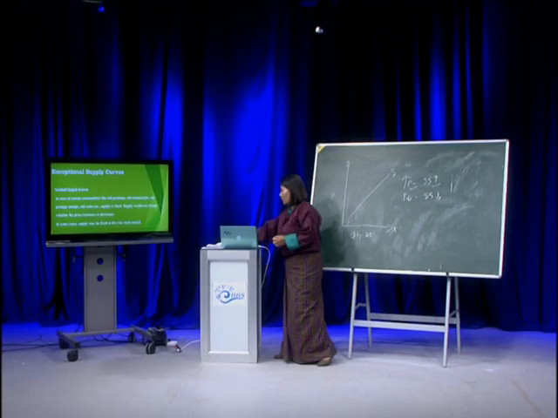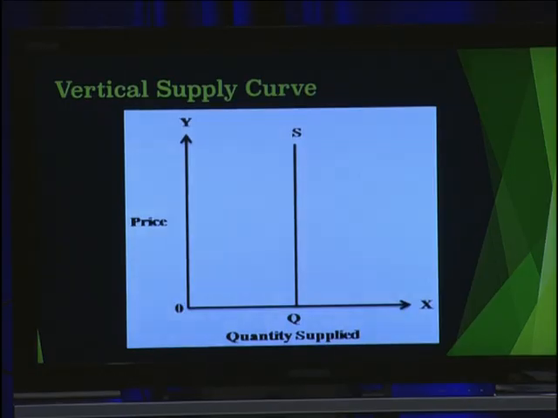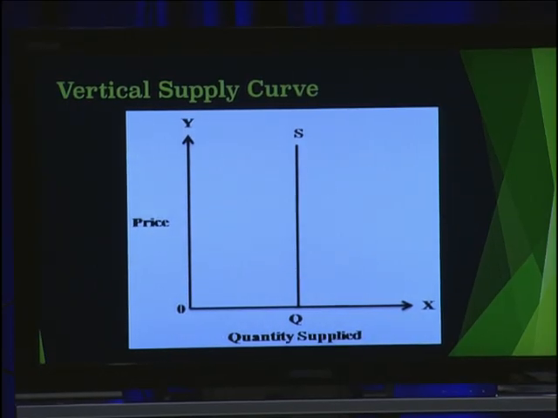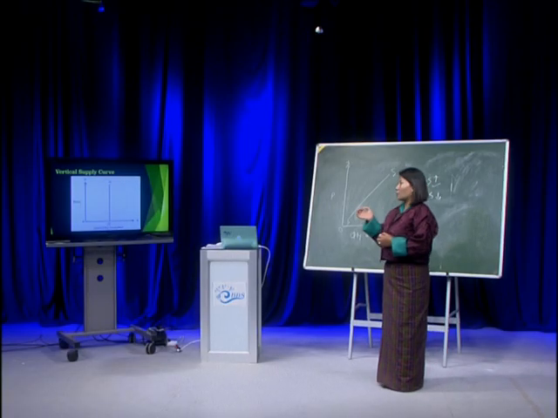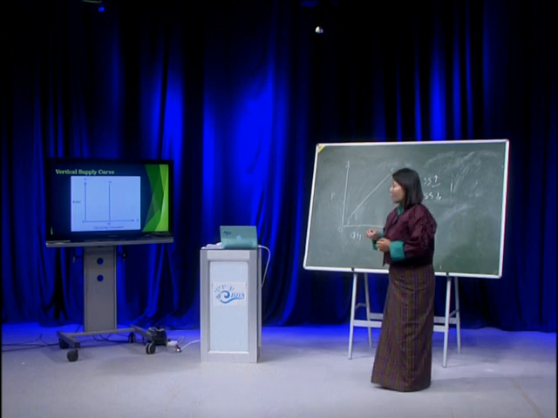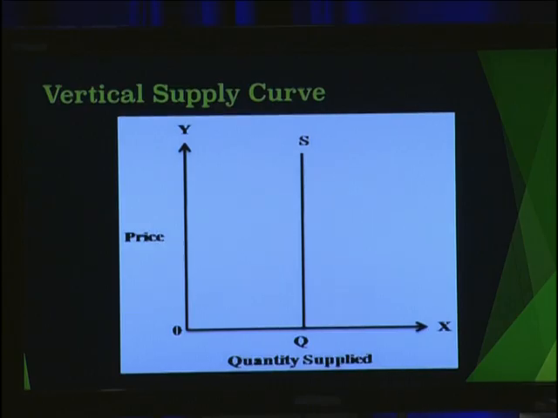So we look at our graph. So this is what I'm saying. Now if you look at the price here, price is very clearly reflected on the y-axis and quantity supplied on the x-axis. And you have a vertical supply curve. The vertical supply curve